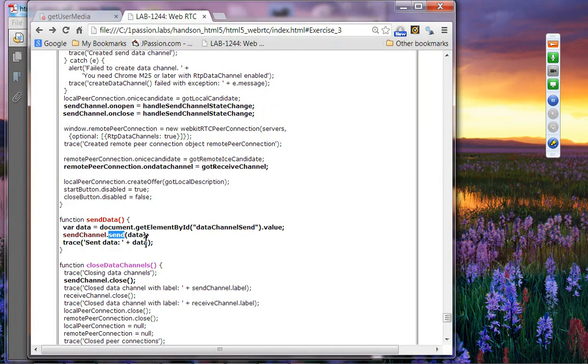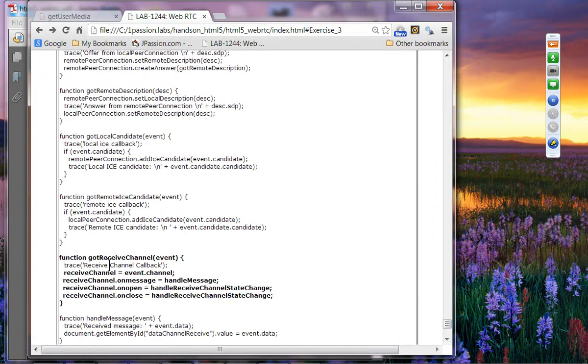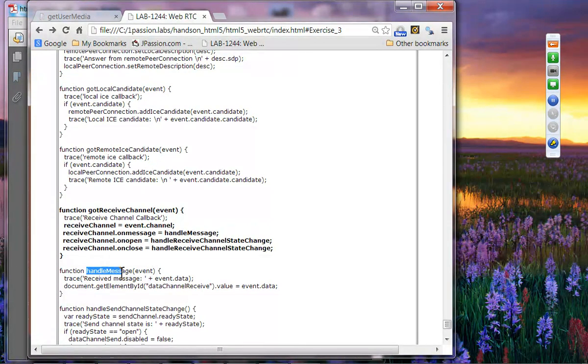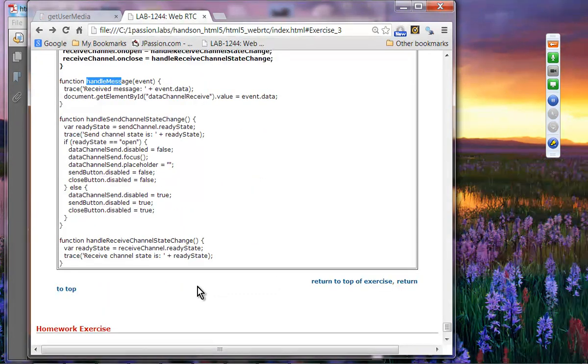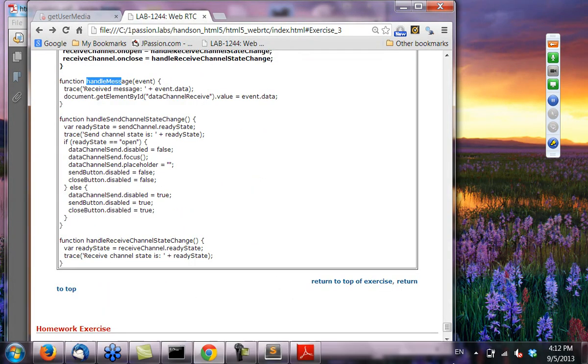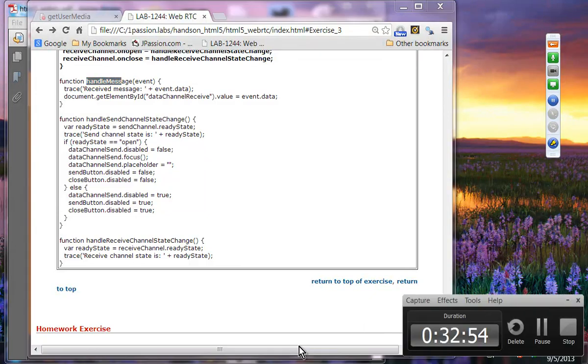Then the event handler that actually receives the message is handleMessage, which just displays it. So very simple exercise. Okay. All right. So that is going to be the end of